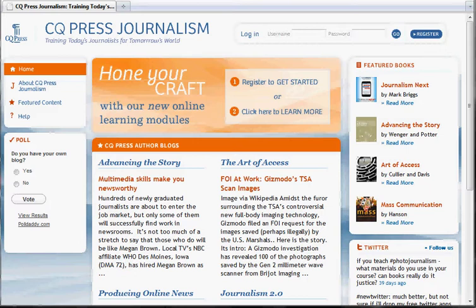I'm on the journalism homepage right now, and I'm assuming that your professor has assigned online exercises from a CQ Press textbook, and that you've never been to this site before. So the first thing you'll need to do is to register for a username and a password. Just click Register to get started,